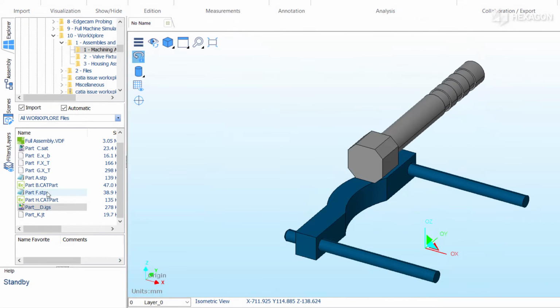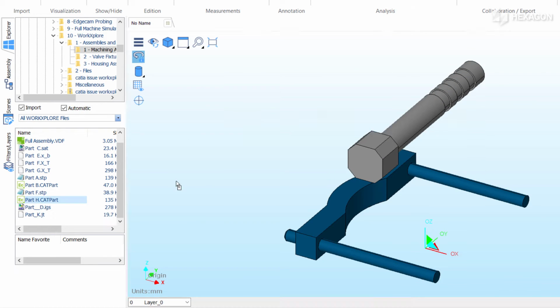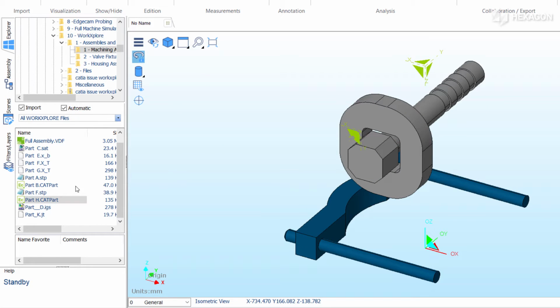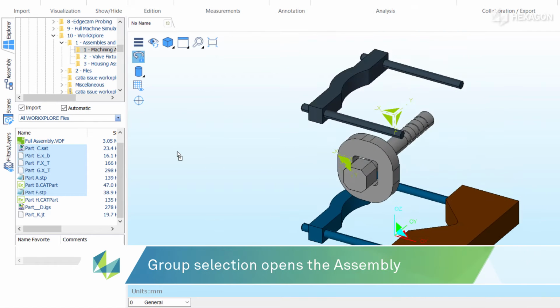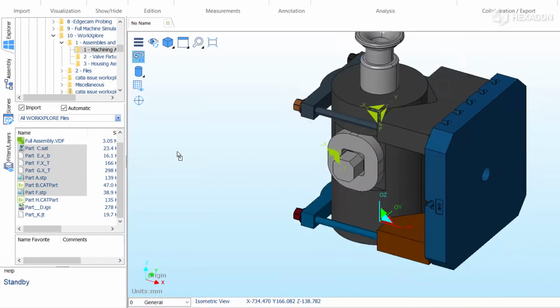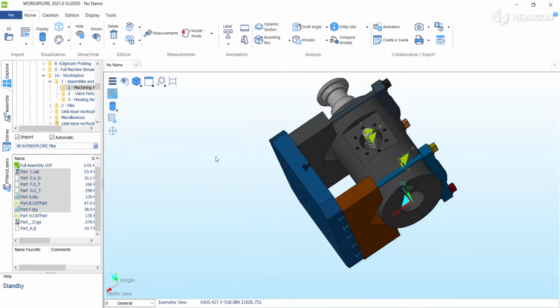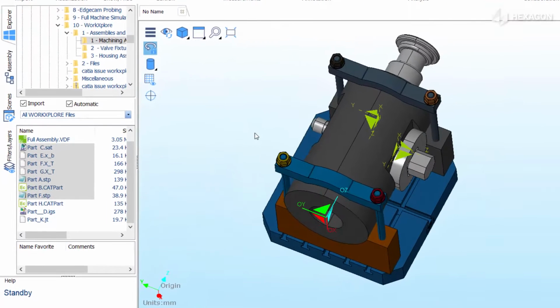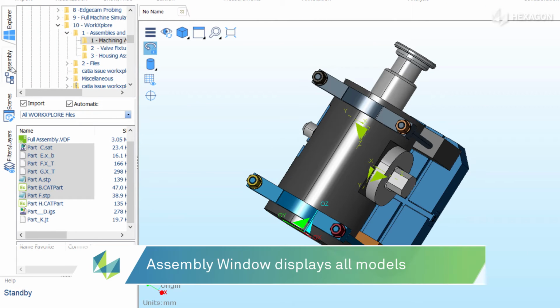The CATIA and IGS files are effortlessly loaded and assembled also. Next, and for efficiency, the STEP, Parasolid and SAP files are group selected and opened in reference to the datum. Zoom and pan and rotate are all controlled via the mouse, and even the most complicated file can be decluttered